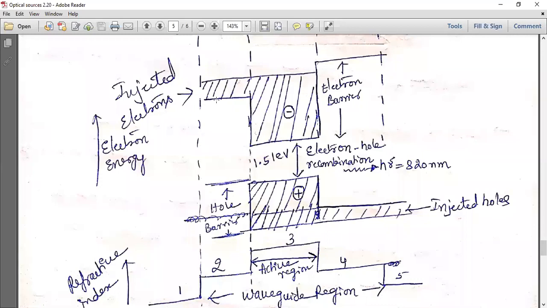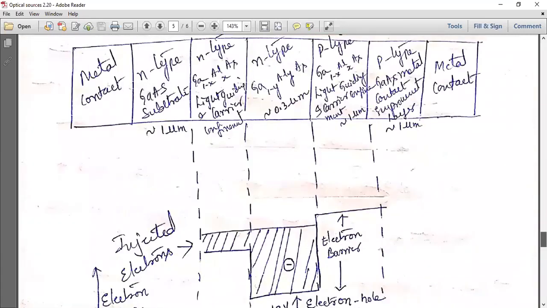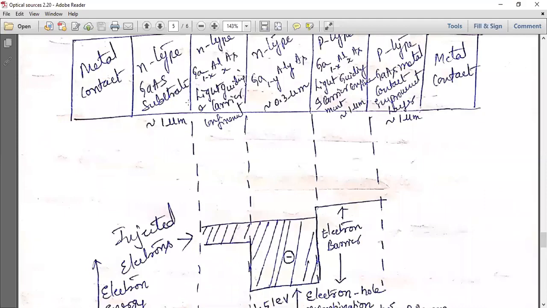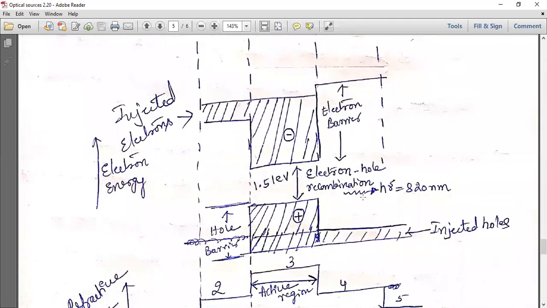Here I have written a large band gap. Here I have written a very short band gap. This is the advantage of your double heterojunction. So this is one heterojunction, right? This is one. For heterojunctions, your band gaps are more. Whatever light is generated will not go again to fetch your electrons and recombine. It will come out, because due to the higher band gap they will not find the energy to recombine.